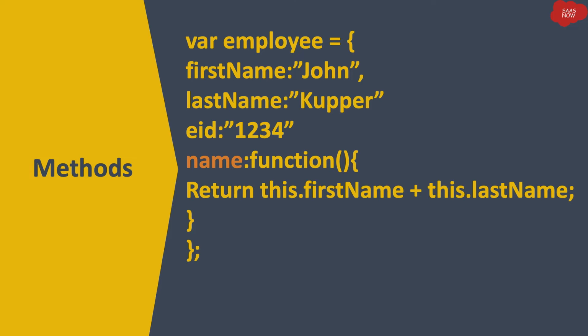Now this function is returning the value of clubbing of first name and last name, which are also the properties of employee object. So if you can see, we have first name, which is definitely a property of employee object. We have last name as well. So what exactly we are returning? We are returning this dot first name plus this dot last name. That means I can access the properties. So if I am mentioning a function within an